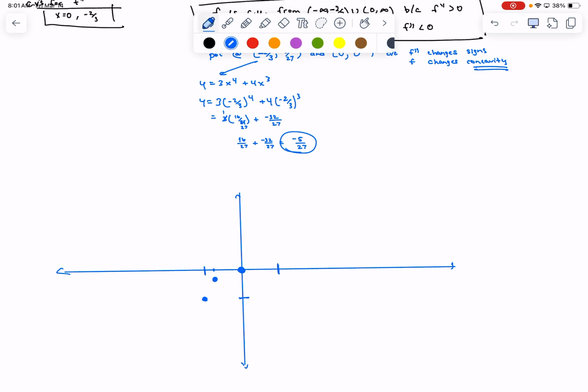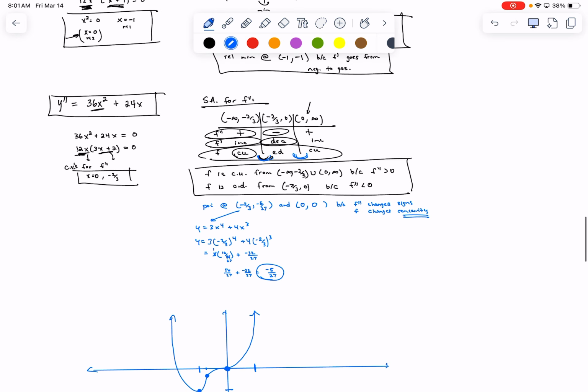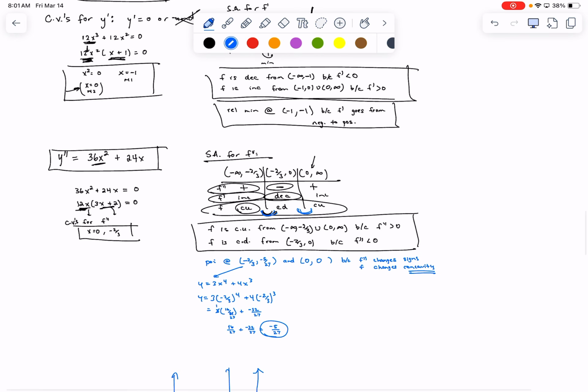And I think it does start out decreasing, right? And then it's concave up until I get to here. And then it's got to switch to concave down. And then it's concave what again? There you go. And notice, remember I told you in the first derivative, it has to,